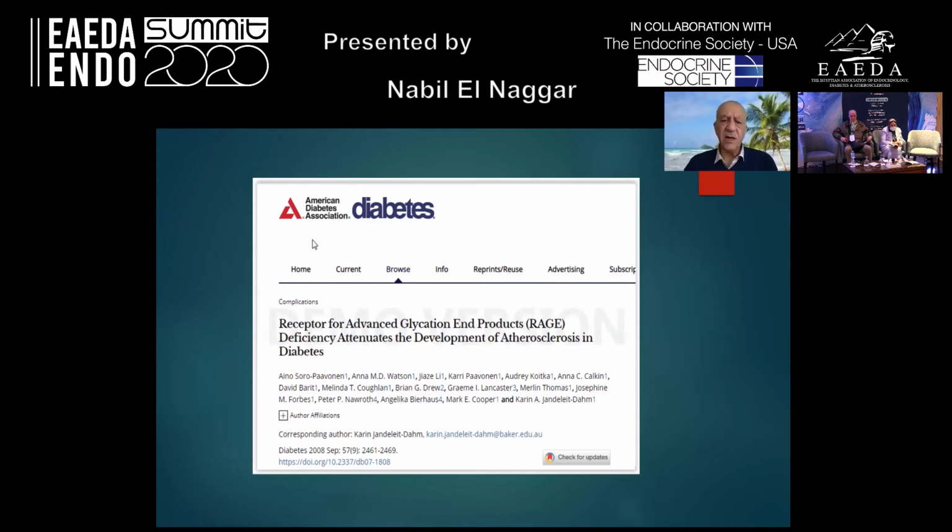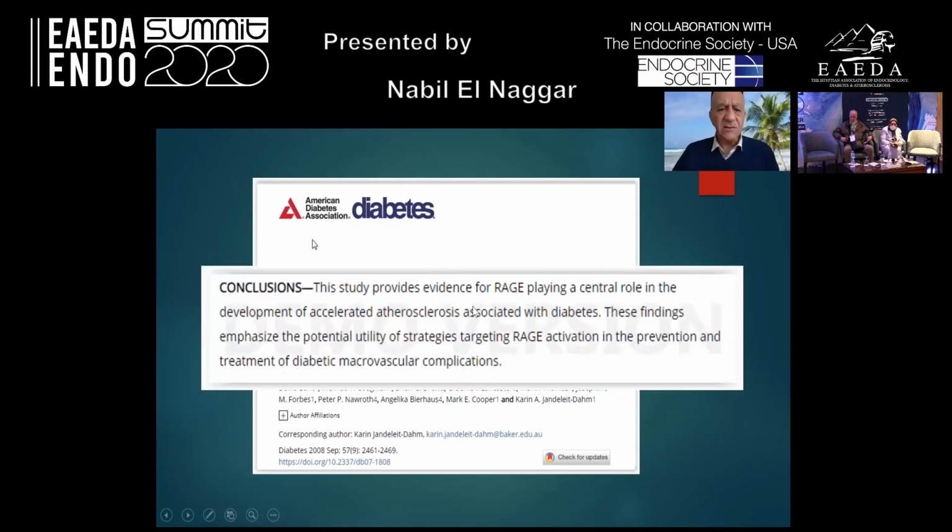And here's a trial that has been done to show whether this substance has any effect in attenuating the development of atherosclerosis in diabetic patients. The study provides evidence that RAGE in reality plays a central role in the development of accelerated atherosclerosis, which is a hallmark of diabetes. These findings emphasize the potential utility of strategically targeting these receptors in the prevention and treatment of